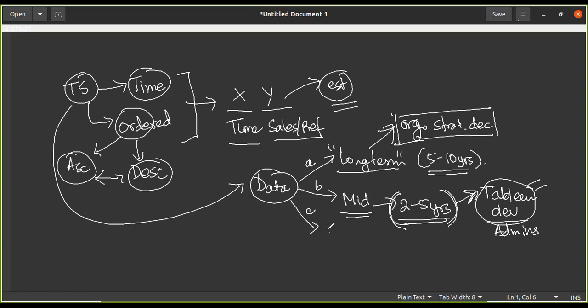right? And then there will be the third case, which is really very short, or you can also call this ultra short in some cases. In some cases, it will be something as small as 2 weeks, and it can go from 2 weeks to a span of, let's say, 6 months, right? So these are the short-term kind of cases.